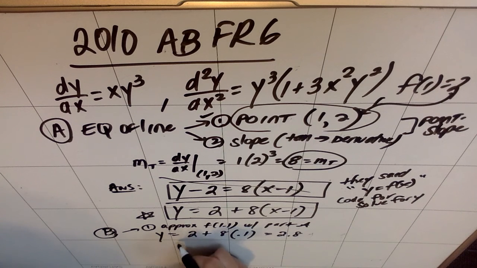So what they want me to recognize is that f of 1.8 is approximately 2.8. That's the approximation they want. They want me to use my tangent line to approximate. So I'm going to erase A and give us some space to talk about the second part of the B